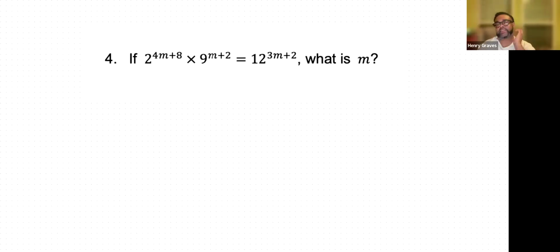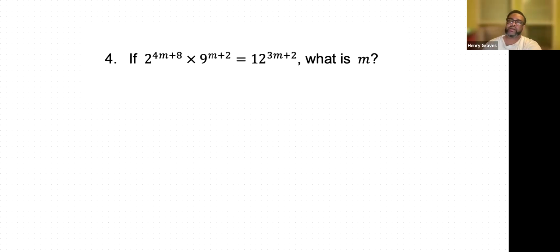Welcome to today's lesson. I'm going to try to make a quick demonstration of how to solve for algebraic expressions here. So in this problem, we have 2^(4m+8) times 9^(m+2) equals 12^(3m+2). The first thing you're going to want to do is take these numbers here